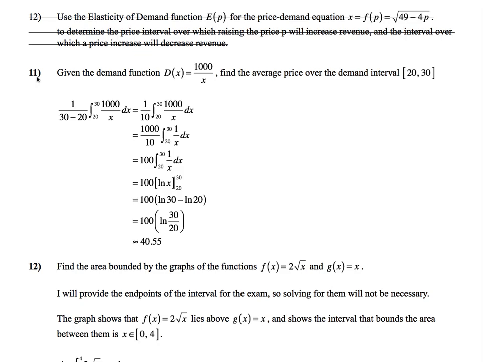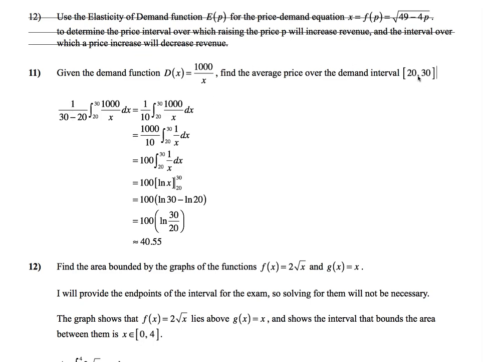So in number 11, we are given a demand function, demand as a function of quantity, and we want to find the average price over the demand interval for the interval from 20 to 30, which are quantities. And so average value is given by 1 over b minus a of the integral from a to b of some function. And so using that formula, which you can find on your differentiation and integration formula sheet,